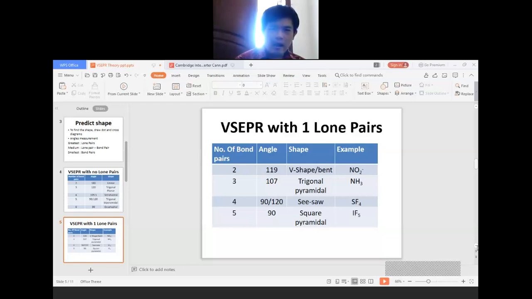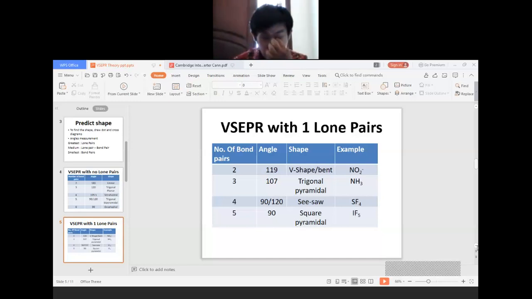in ammonia NH3, the bond angle is 107 degrees. The shape is trigonal pyramidal. Why is it like that? Because there is one lone pair and three bond pairs. Okay, and then next,